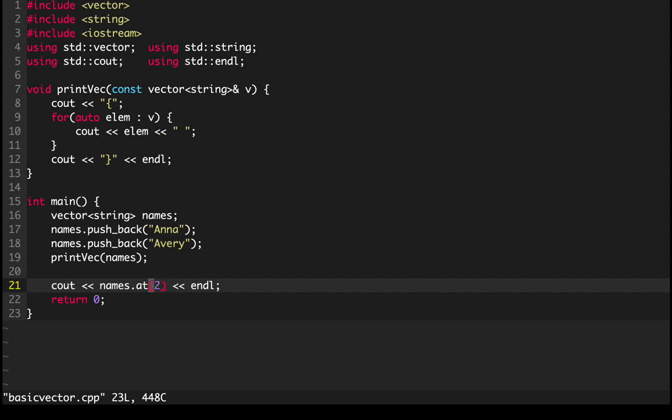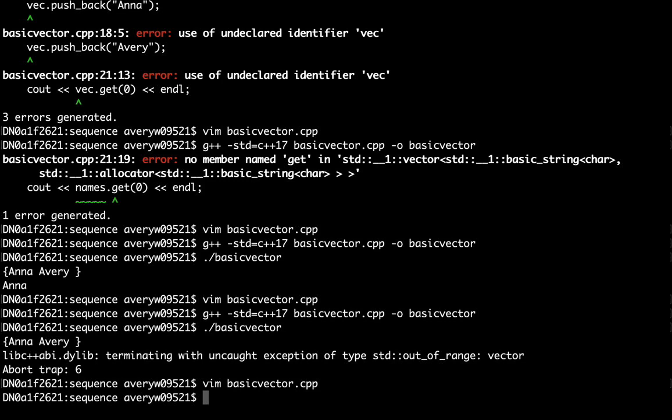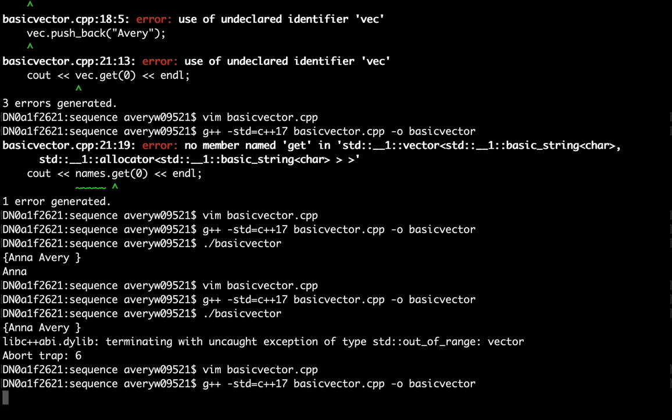So if we try to do names[2], and just to make sure, we print something like, hello, I've reached this point. It turns out that C++ does exactly what Avery was talking about before. Rather than throwing an exception, which the Stanford library does when you've gone out of bounds,